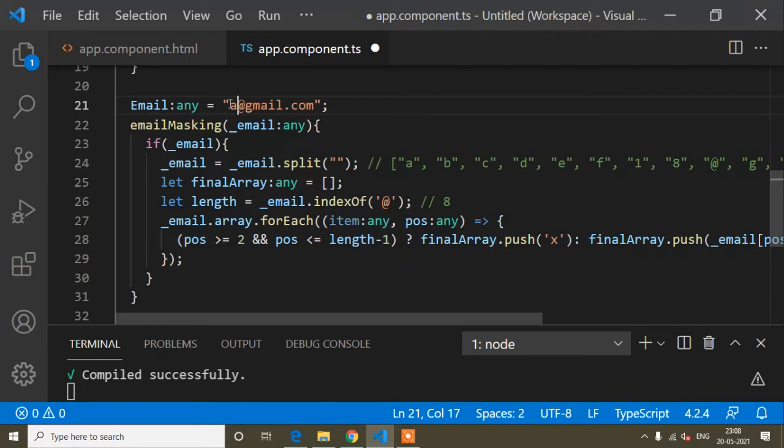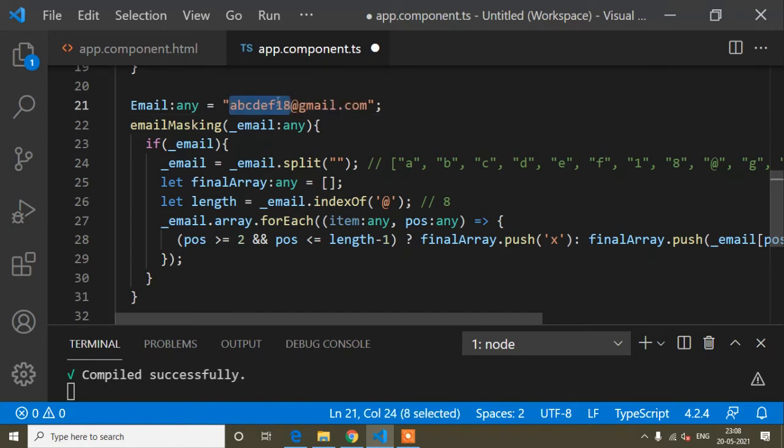Then the position is only 0. I want to mask before the @, so here position is 0 and I cannot mask. I will not mask, because it's only a one-letter email. @gmail.com is common, but your unique part is only the letter A. So the position is not greater than 0.